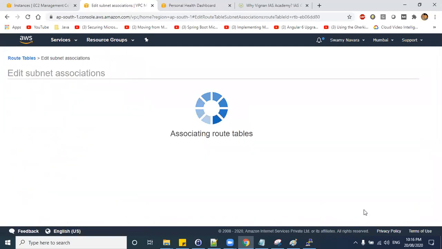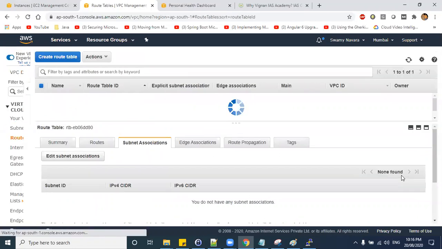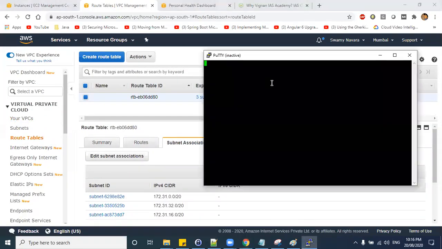So associate the subnet here. Now try resetting this one. That was the default route table which we tried using, right, Harish?